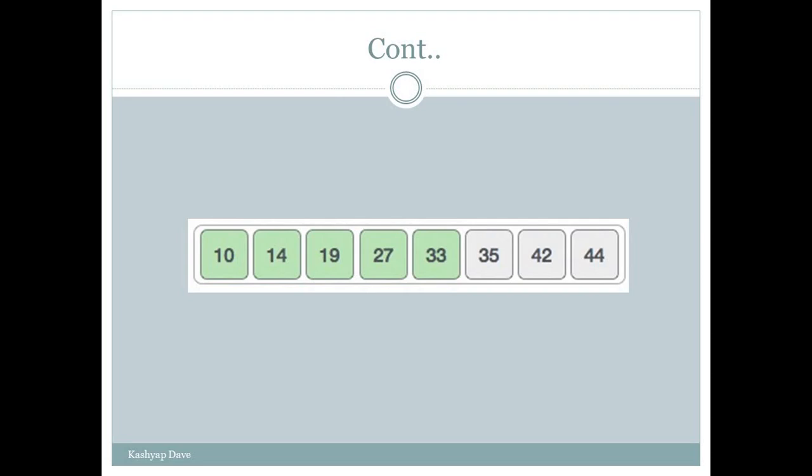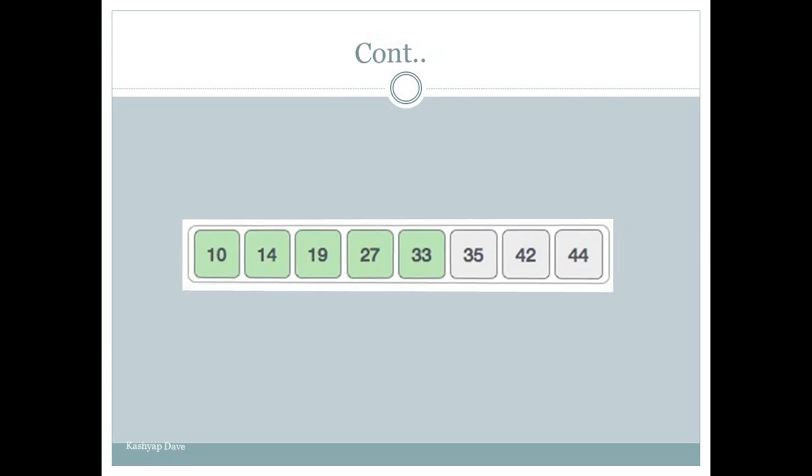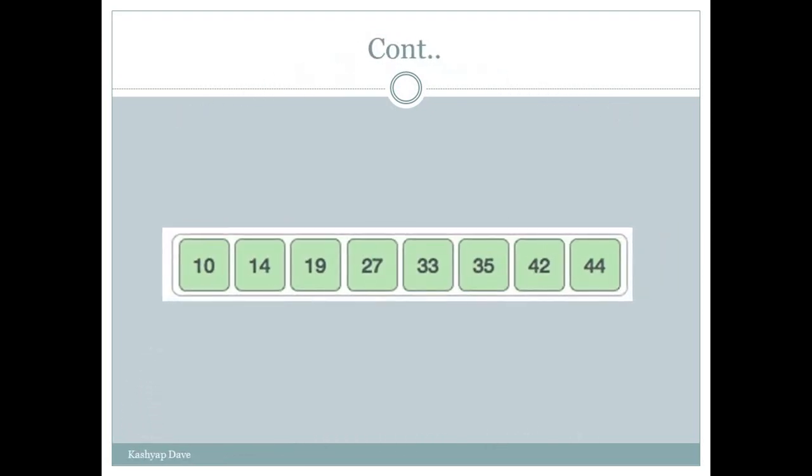Here again you can see we have two parts. The first one is the sorted list, which has 5 elements, and the second is the unsorted list, which has 3 elements. Again we have to check 35, 42 and 44; the minimum element is 35. So we will add 35 directly to the sorted list. We do not have to swap anything.